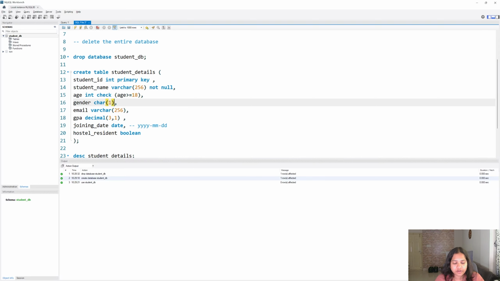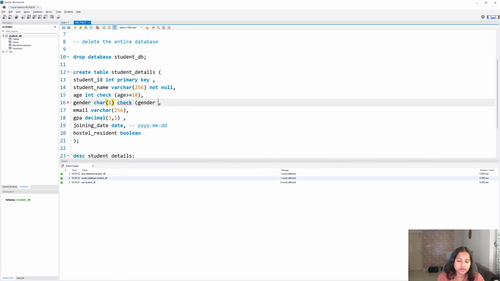Now you have gender. Even in gender, you want to check that it comes in only two letters, M and F, right? Apart from that, it should not have any letters, like they can't write A, B, C in gender. So here also you will put check, bracket open, gender. Greater than or equal to will work only for numbers.